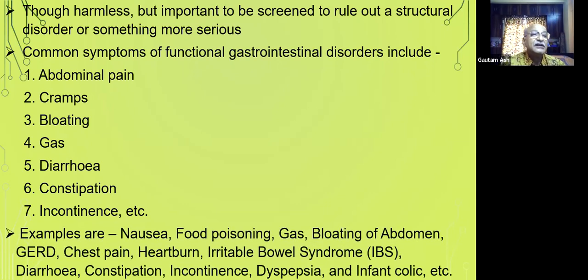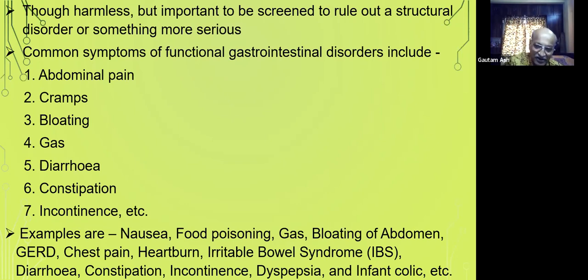Examples of functional disorders of the gastrointestinal tract are nausea, food poisoning, gas, bloating of the abdomen, GERD, gastroesophageal reflux disease. This is one of the most common conditions and a very difficult case to treat, but we have to treat it. Then chest pain, heartburn, and irritable bowel syndrome, another condition, IBS, very troublesome,